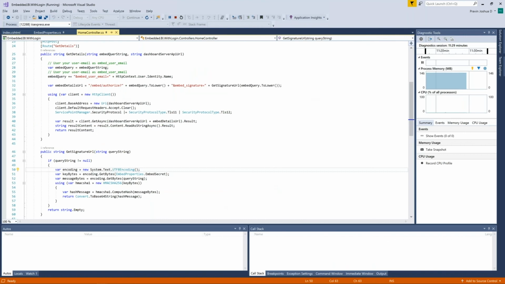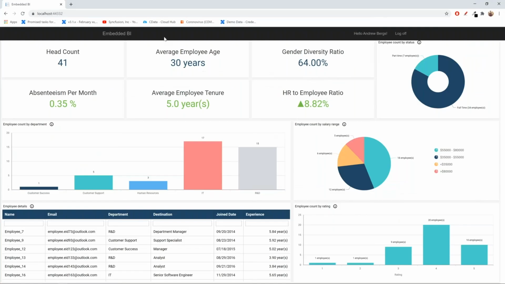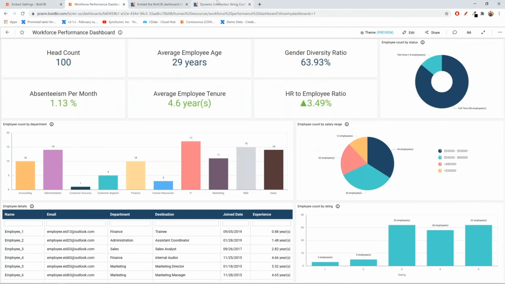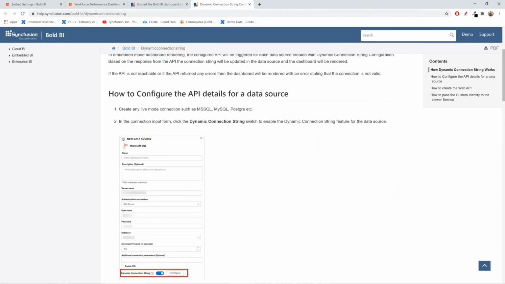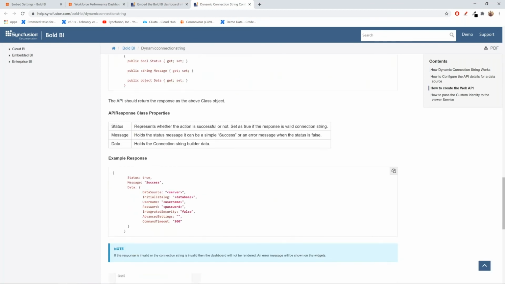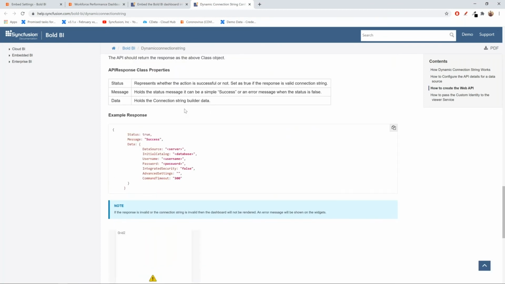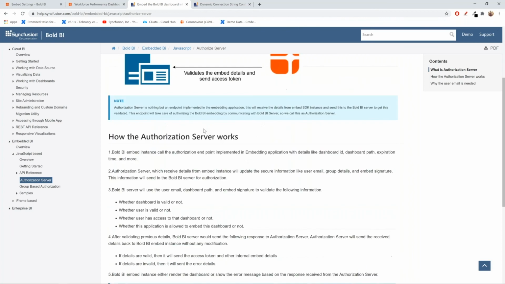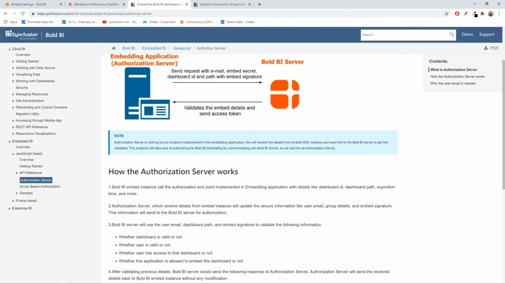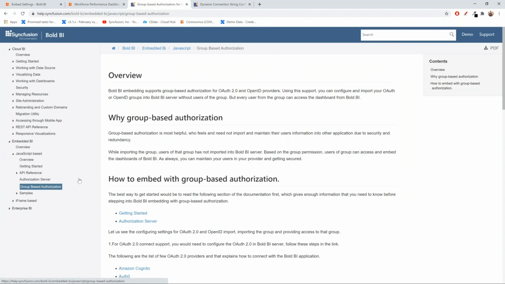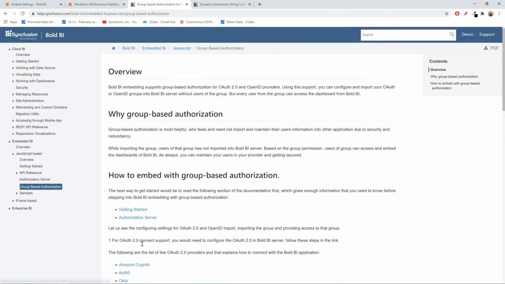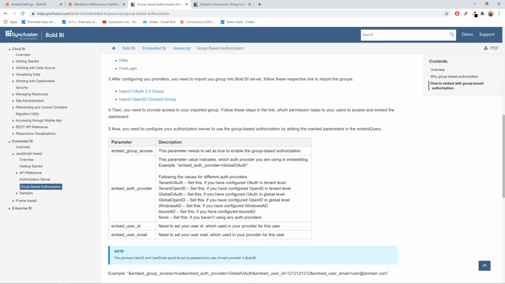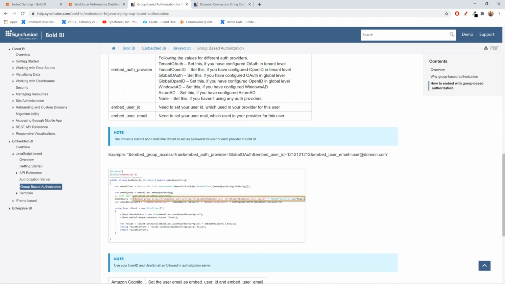All these details are available in the documentation. If you go to the dynamic connection string section of the documentation, there will be complete details of it. And if you want to refer to the user base filters that we did before, you could also refer to these details. For users who are new to embedding, we also have documentation about embedding, which has complete details about how the authorization works and how you can impersonate users when you embed the application, and the supported authentications, everything is listed here.